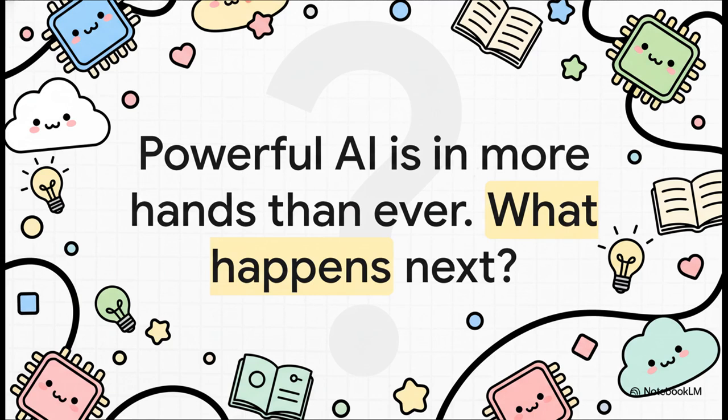And that brings us to our final question. With open models as capable as this new Gemma family, state-of-the-art AI is now more accessible to more people than at any point in history. It's this incredible moment of both opportunity and responsibility. And the big question we're all left with is, what happens